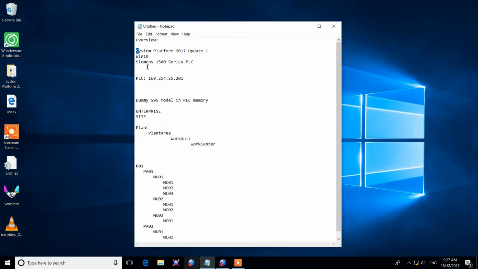Our PLC is going to be a Siemens 1500 series, and the PLC already has code in it. I'm sorry I don't have the software on this machine to show you what's in there, but you'll just have to take my word for it. The PLC's IP address is 169.254.25.201. Inside the PLC we have a structure defined that contains a dummy version of a simple S95 style system